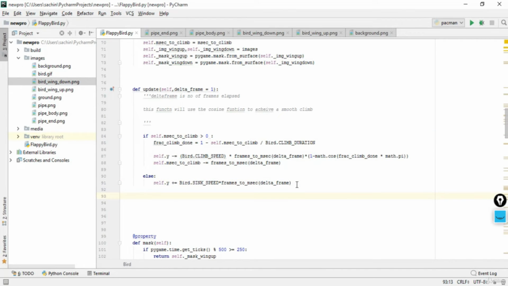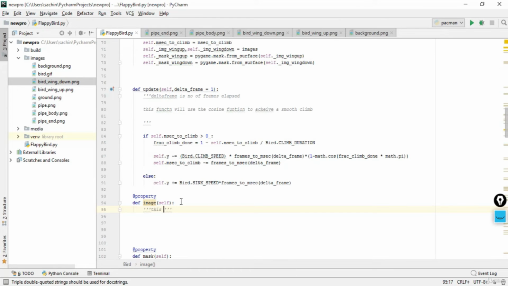And similarly what we're going to do next is we'll quickly make our image property, and this will get a surface containing this bird image. So let's get this property now. After this update function, we'll have the image function, and image will just take self here, and let me say it is a property here with the at-the-rate, and just give a property here. And after this, let me just comment it. So this function will decide